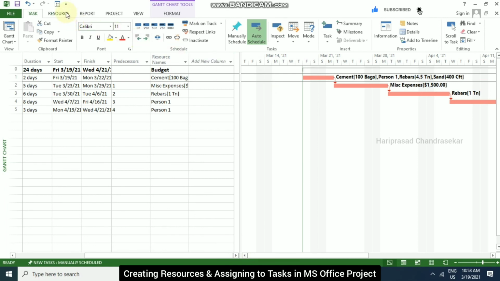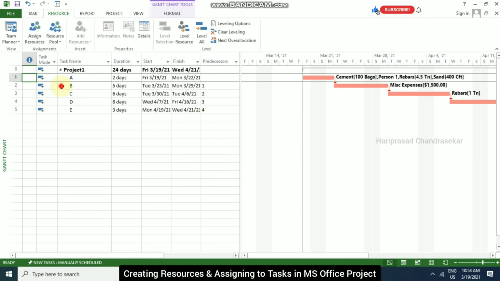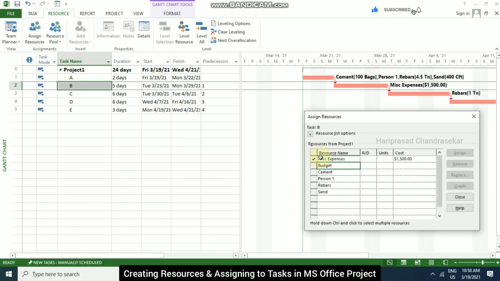See, in the resource tab, we also have the assign resources option. You know how to assign resources. From here also you can assign. For example, I am selecting some task. I'm selecting the B task and going to assign resources, where it is already selected and you can input the cost. If you want to put budget also here,